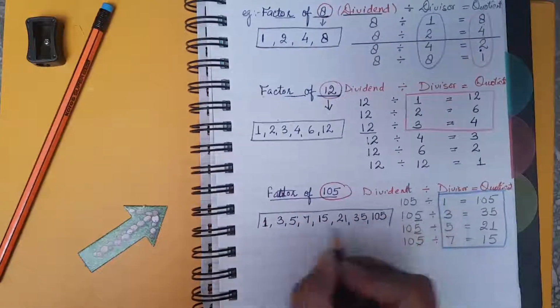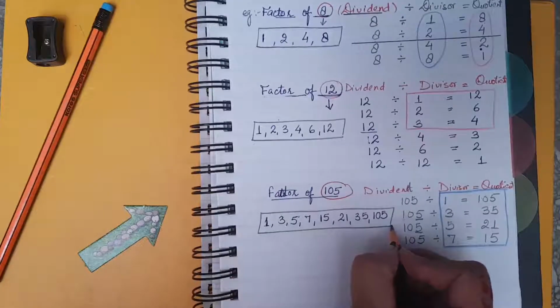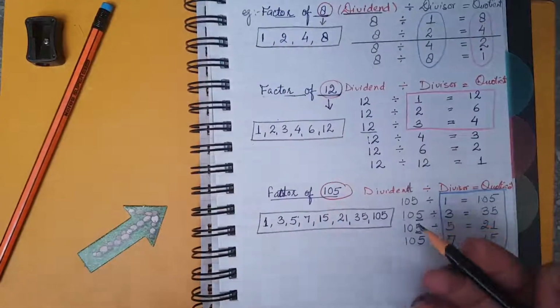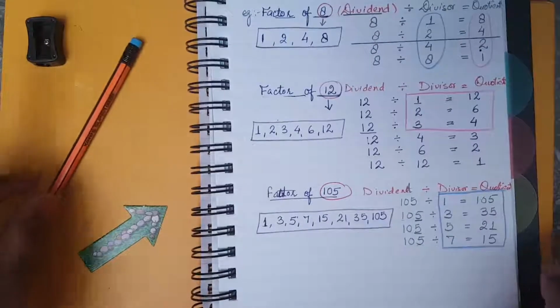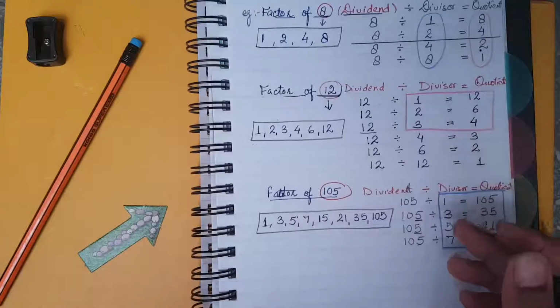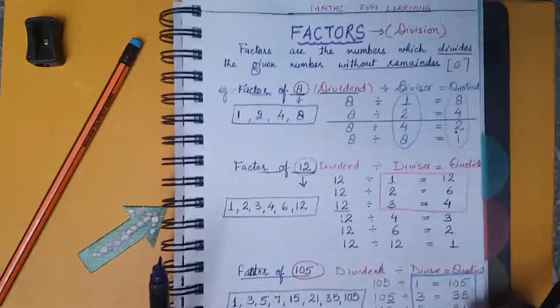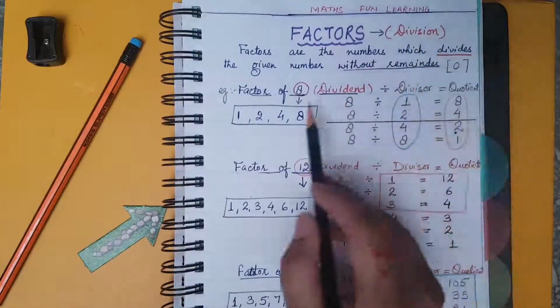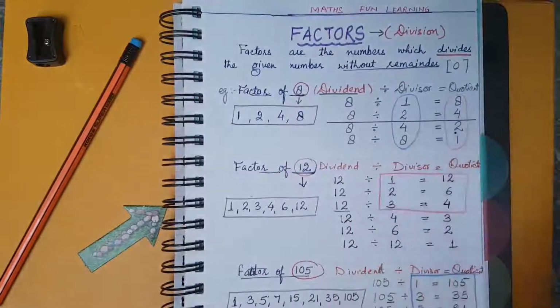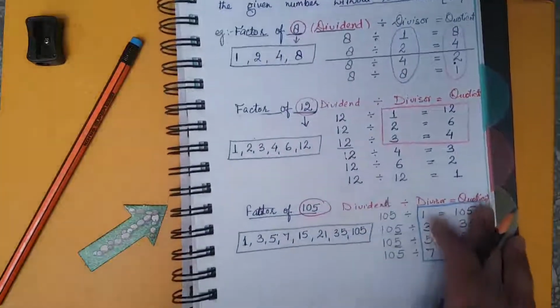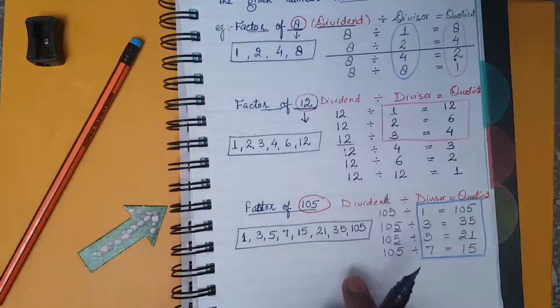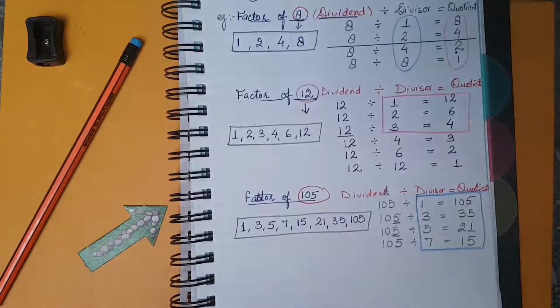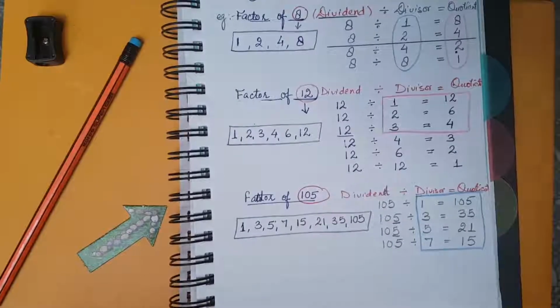So kids, I hope you all understand how to find the factors of the given number. Don't worry about it. These are not difficult. If you understand that factors come from division, you can find your answers easily. There are some more important points about factors. Let's discuss.